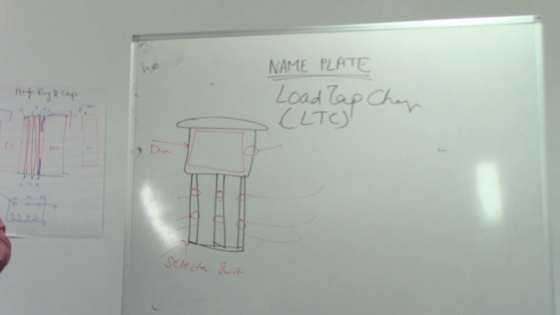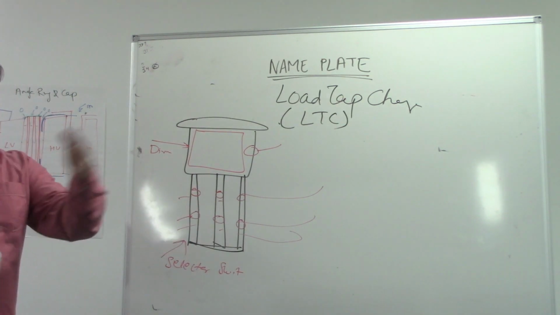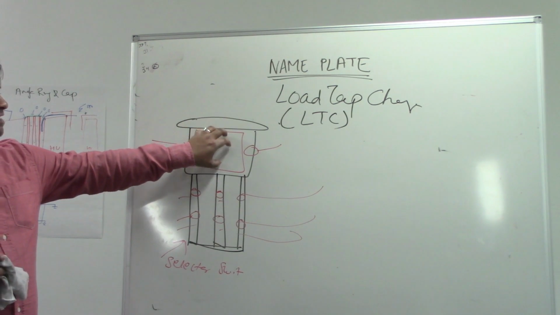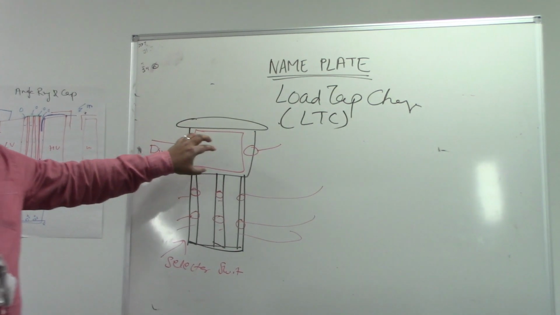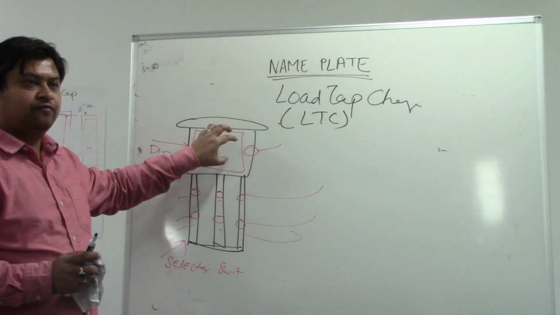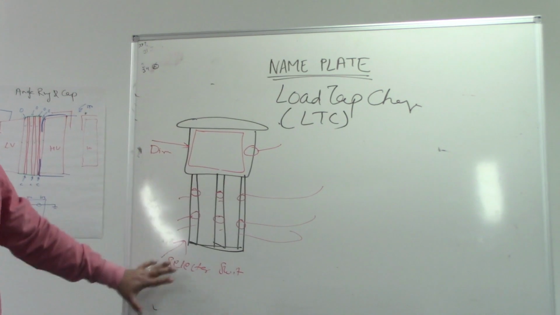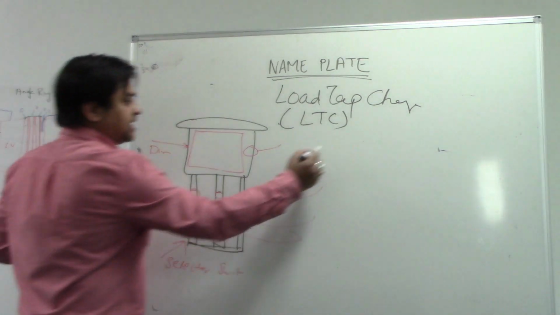The diverter diverts the path of the current from one position to another position. That's why you have this. In the case of an in-tank diverter switch, there are vacuum switches also, which are placed inside the diverter switch. So the operation remains the same for the LTC. So if you compare it with the MR LTC,